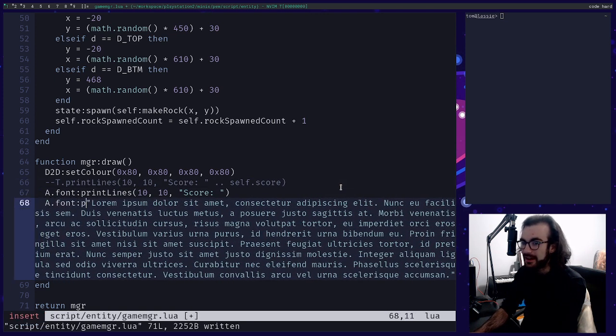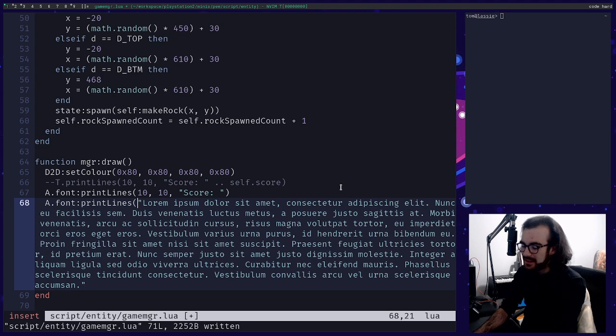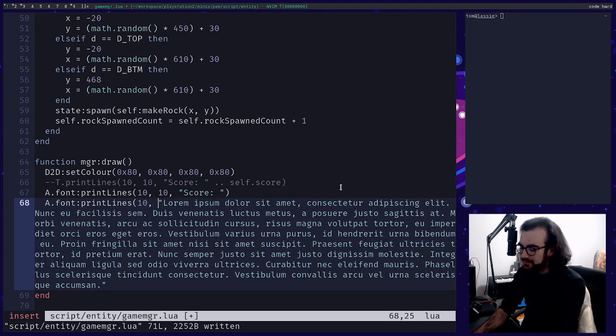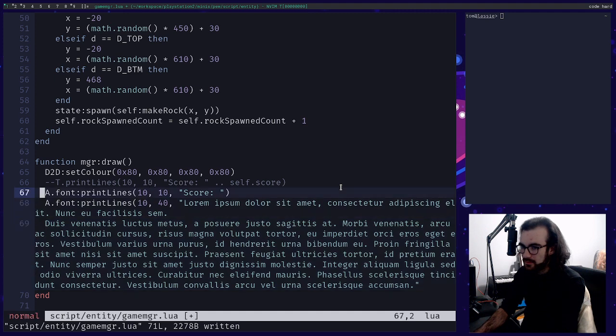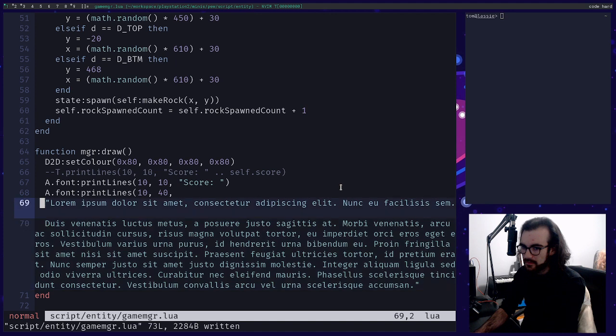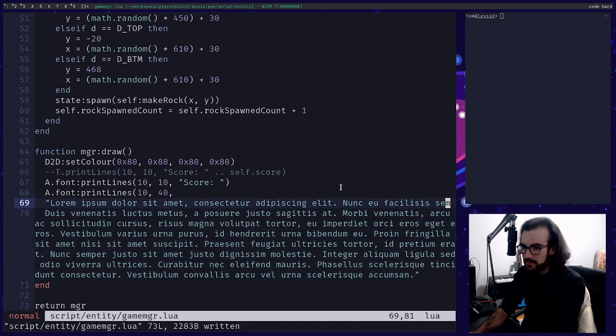A.font colon print lines. Let's put this at 1040, I guess. And let's just put some line breaks in here where it makes sense. Let's just get some line breaks in this bad boy.